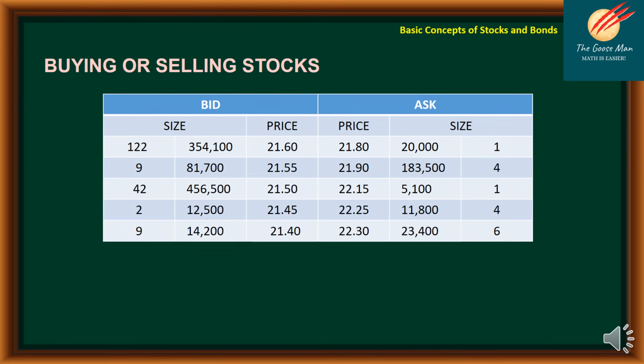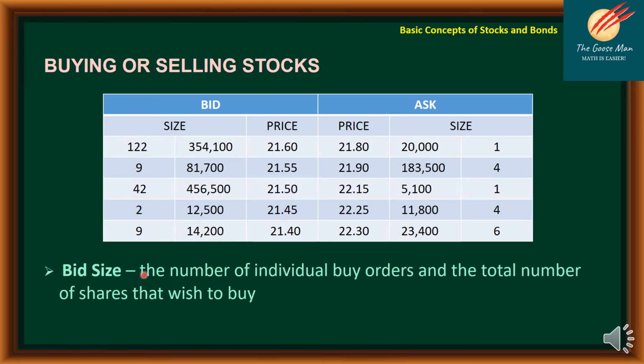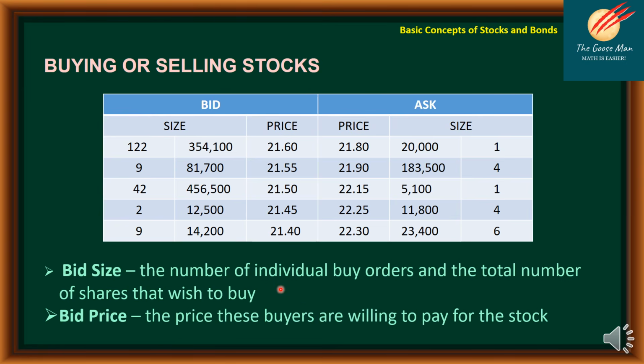The next thing that we will consider for buying or selling stocks is this table. Let's have what we call the bid size. This is the number of individual buy orders and the total number of shares that buyers wish to buy. While the bid price is the price buyers are willing to pay for the stocks. For instance, in this first row, we have 122 bidding for the size, and the price is 25.60. While for those who are selling, there's only one who is willing to sell at the price of 21.6